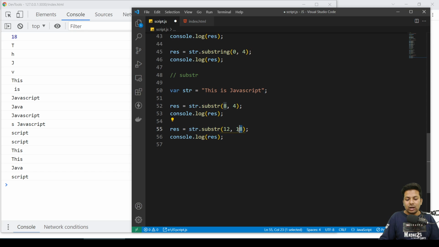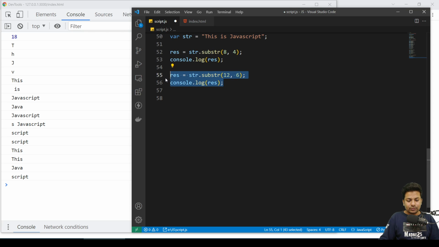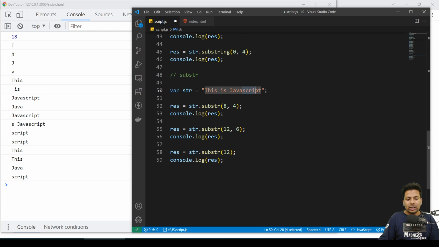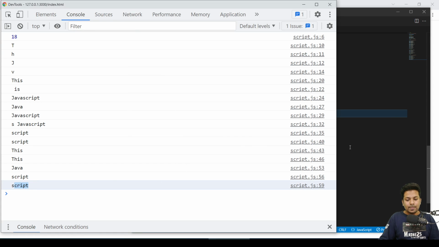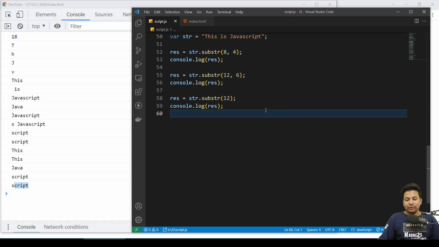Here you have to tell how many words you need. So say I need 6 words. Now you can do directly also. You say just start from the 12th one and give me till end. So starting from the 12th till end is the script only. Save it, you got the script. See, so everything's working fine.